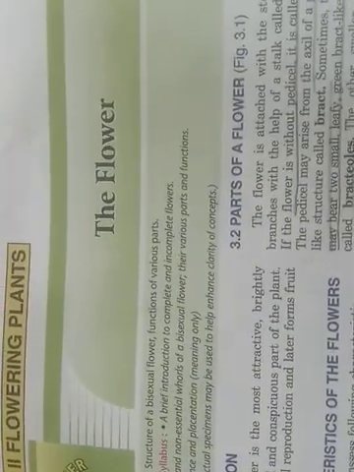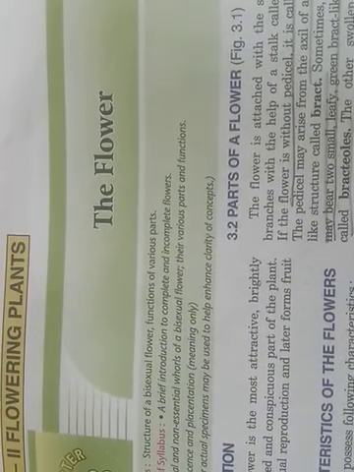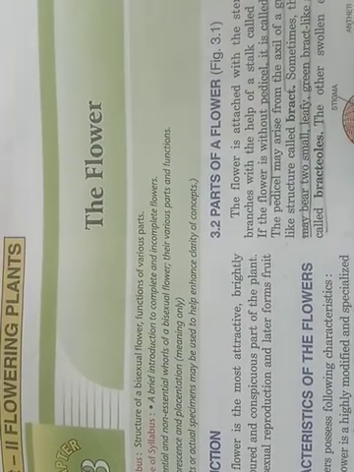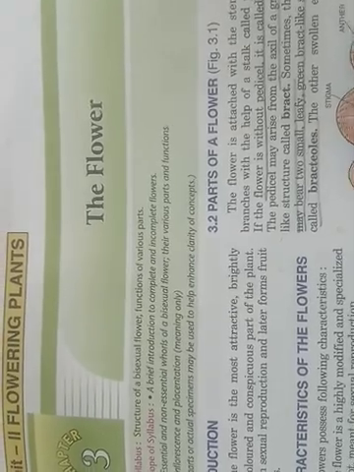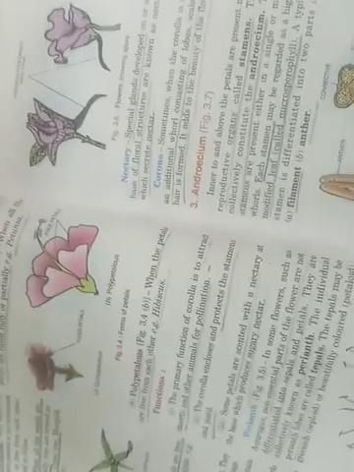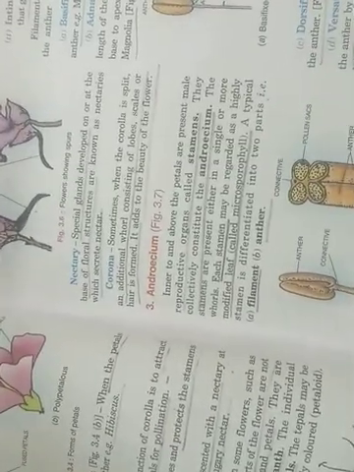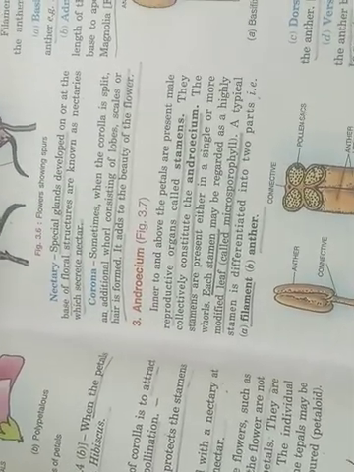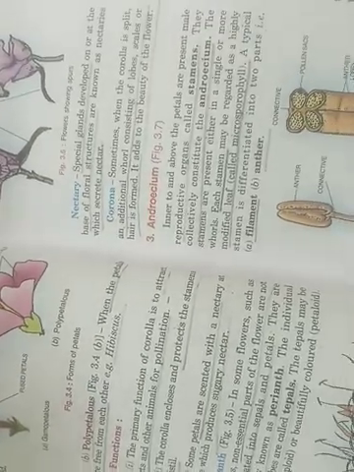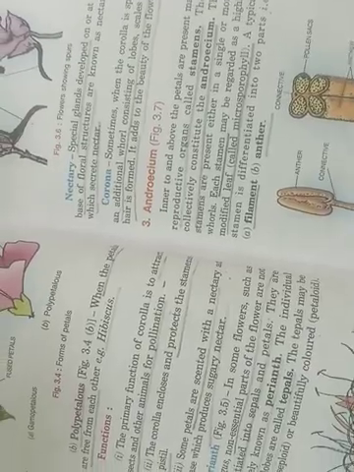Hello everyone, we are continuing with the chapter of flower, and this will be the deep part of the flower chapter. In the previous sessions you have studied about the different parts of the flower, that is the essential parts, androecium and gynoecium, and the non-essential parts, that is calyx and corolla, and the different arrangements of the stamens you have studied. And today we are going to study about a new term, that is placentation.